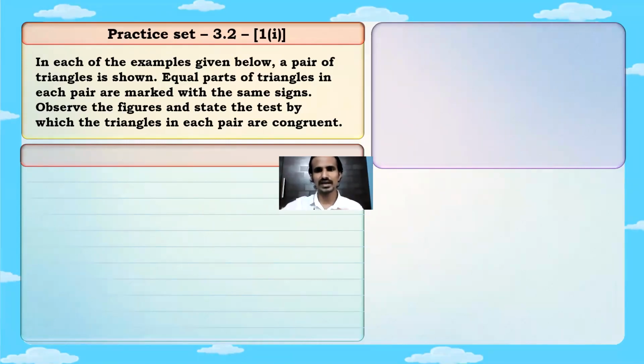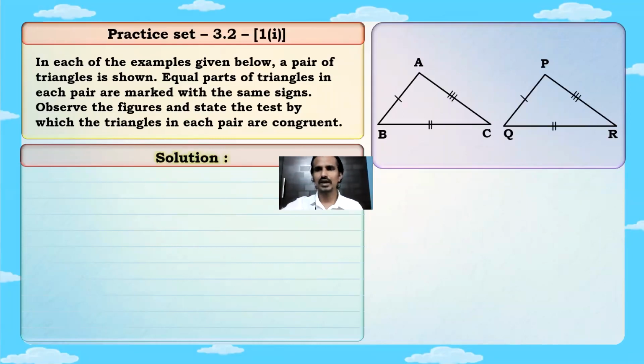Okay, so from those signs we have to identify the equal parts, and then you have to specify which test is there. Now just remember, whenever the question is to determine the test, you should always write those 5 lines of presentation: name of the triangle, 3 equal parts, and then the congruency of 2 triangles. All right. So as you can see in the first figure, we have triangle ABC and PQR, and the marking is done on the sides.